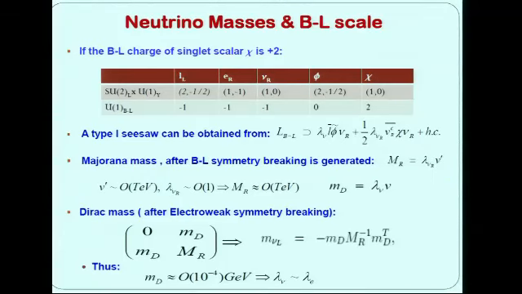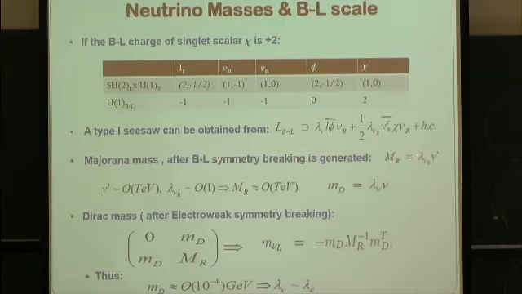Now, if we are convinced that B minus L can be broken, especially within supersymmetry at the TeV scale, is it possible to implement this to account for the light neutrino masses? In fact, yes, because now we have the Majorana mass term, which we obtain from this Yukawa coupling. When chi gets a vev, this will be of order TeV, as we said, because everything is now given in terms of the vev of the B minus L breaking, B prime. And we also have a Dirac mass term, which will be of order the electroweak scale.